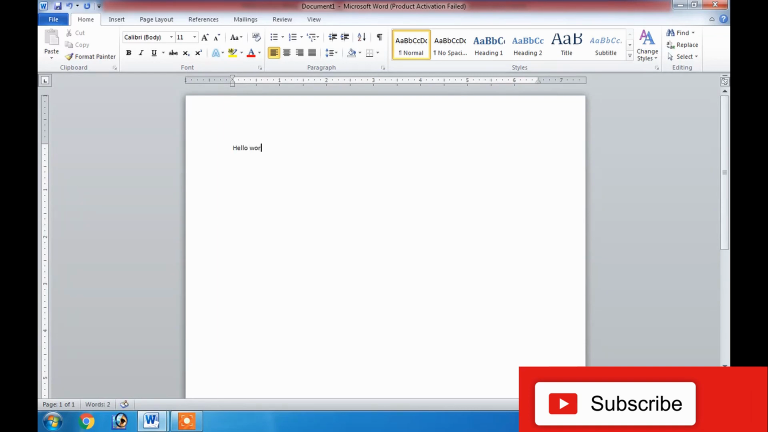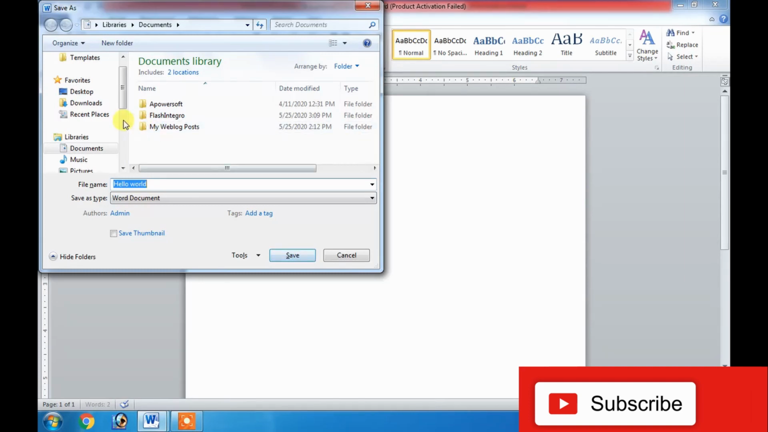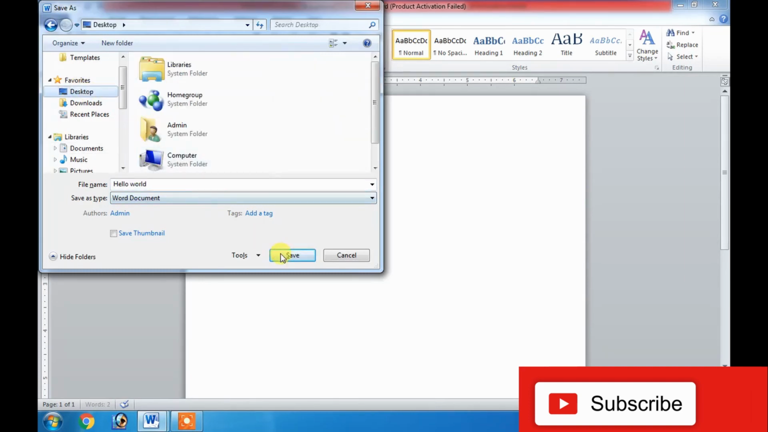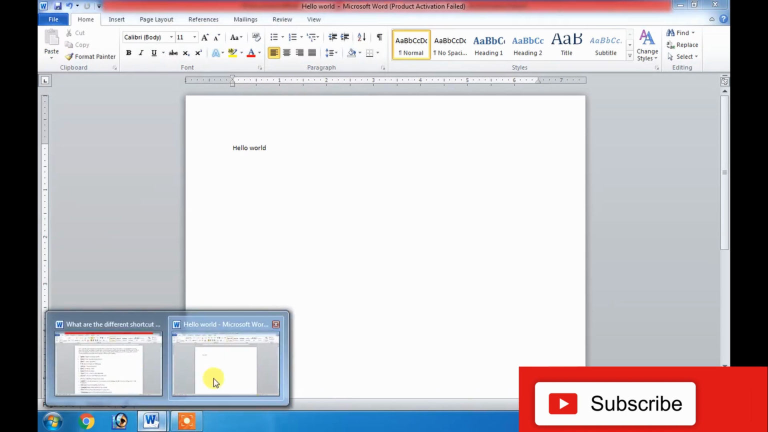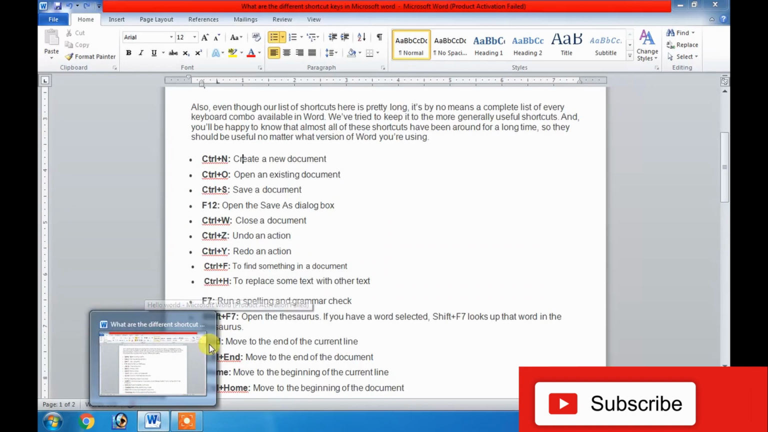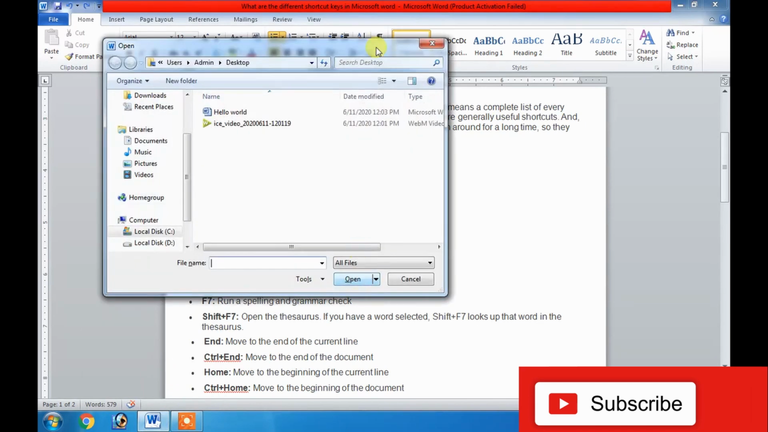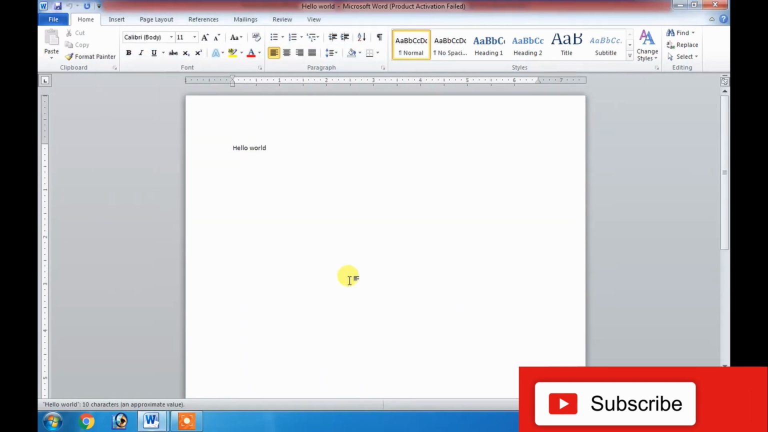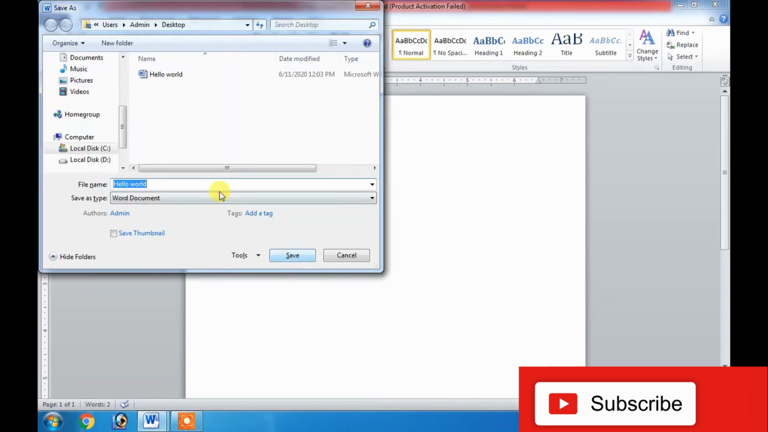Control plus S, you can give the name and then you can save it on the desktop. And again, if you want to open it, with the help of the shortcut Control plus O, we can locate the file and open it as well. Right? Afterwards we have F12. F12 is a function key for saving the file one more time, or any number of times,